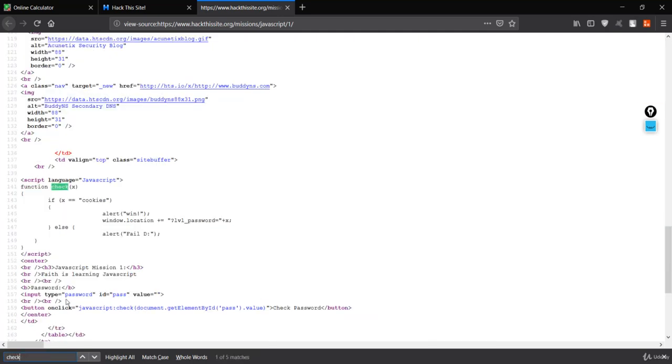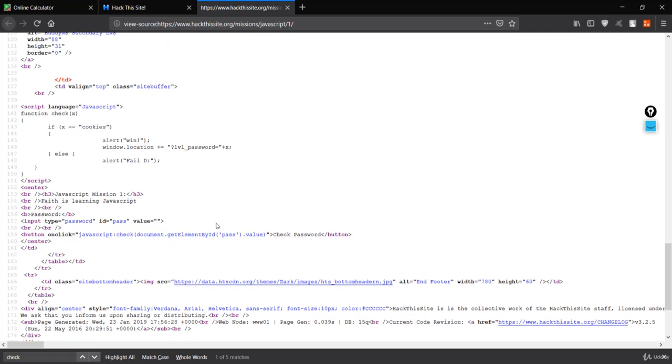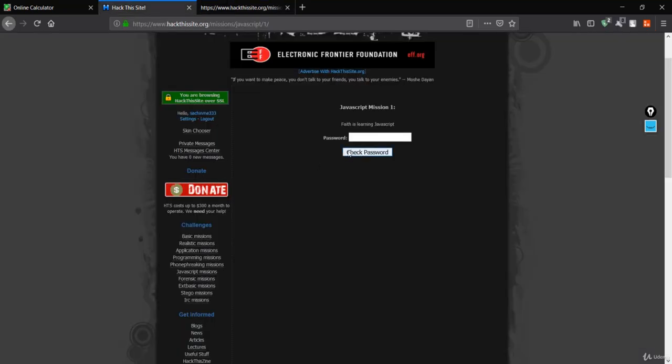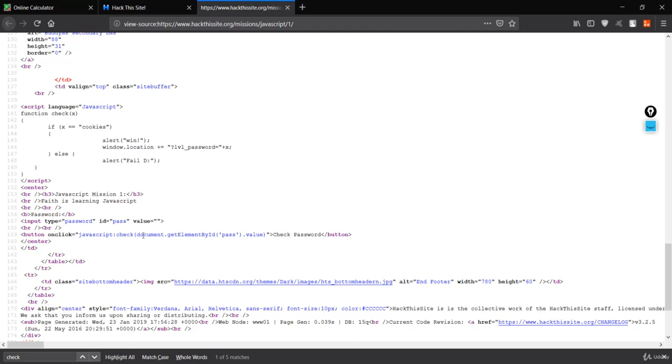You will see the check password button over here, and it will check for this JavaScript.